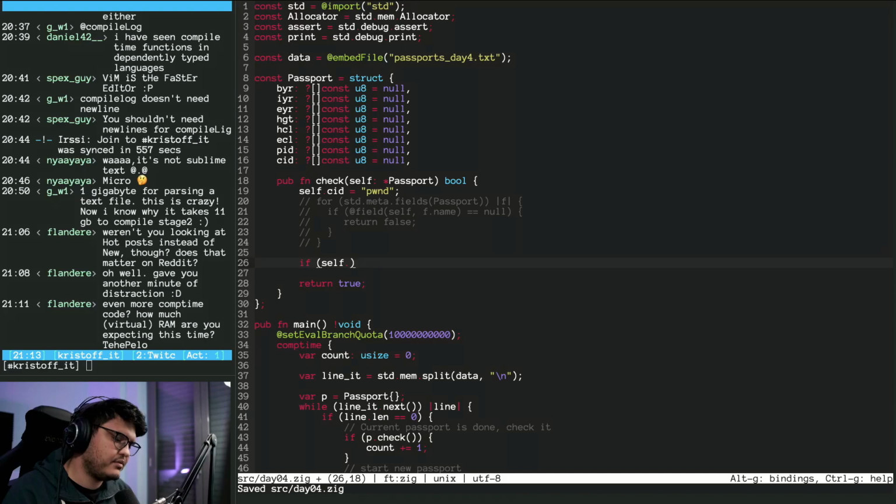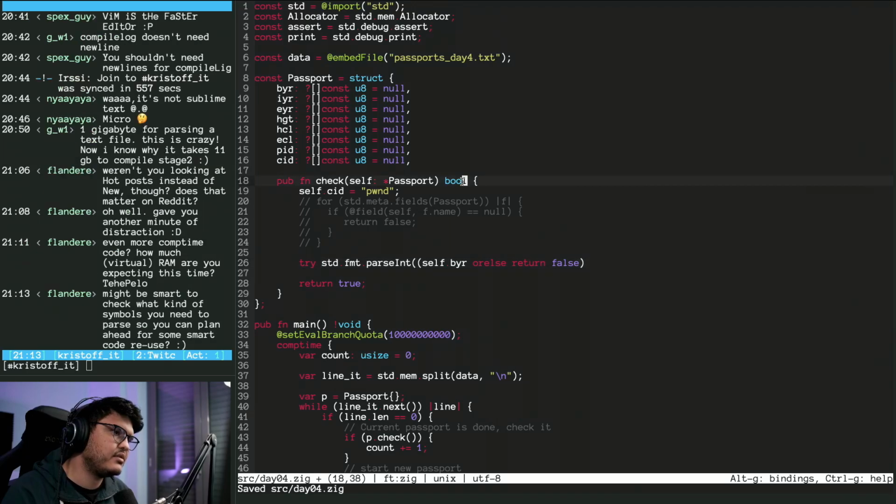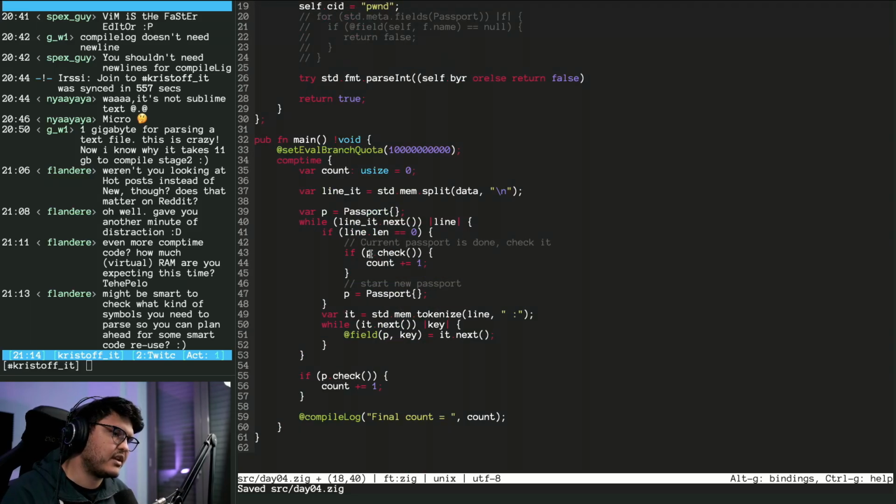If self.byr or else return false. So we want to grab self.byr or else return false. And then to this value, we want to do try std.fmt.parseInt. And we actually don't want to try. We want to catch false, I guess. But we can change this to exclamation point void, and instead of checking like this,